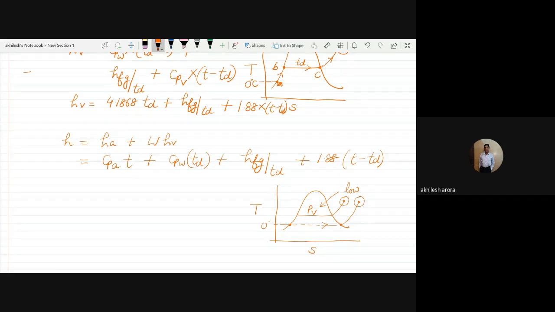So if I call it HA and call it HC, then the enthalpy HA can be approximated as equal to HC. I am talking about the water vapor. So the enthalpy at A, which I calculated in the equation above, that value, the value of HC, is approximately equal to HA. If you look at it this way, tell me what the value of HV will be.